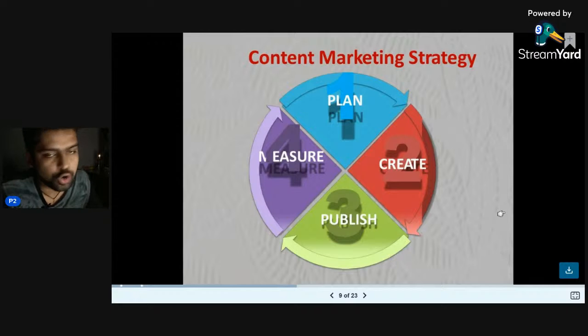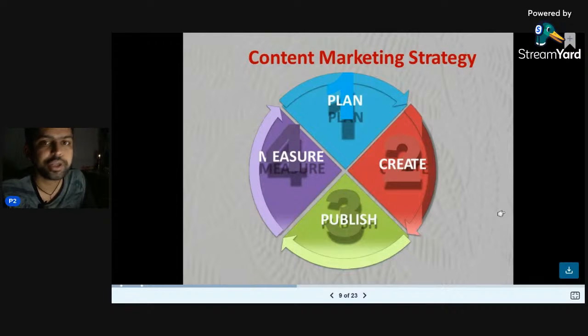Then, how should your content marketing strategy be? There are four things you can do. First of all, plan your content. Secondly, create content around it. Third, publishing. Now I see most of the people do these three things, but the fourth thing that most of the people, especially when they are just starting off, miss out is that they don't actually measure the success of their content.